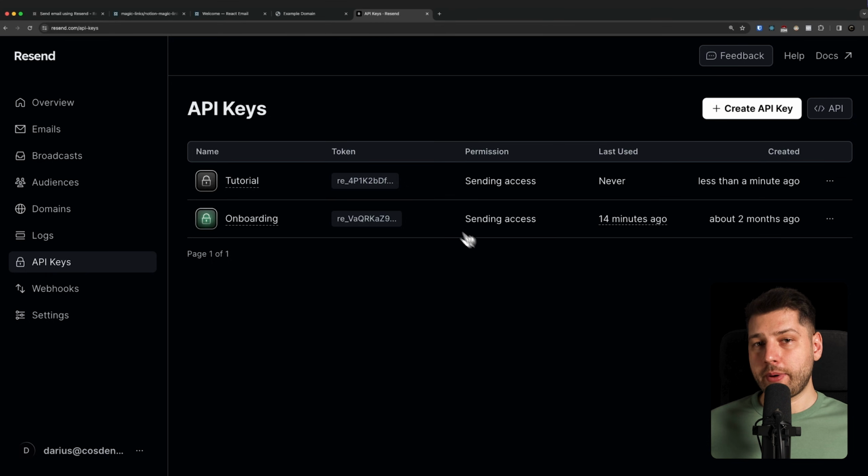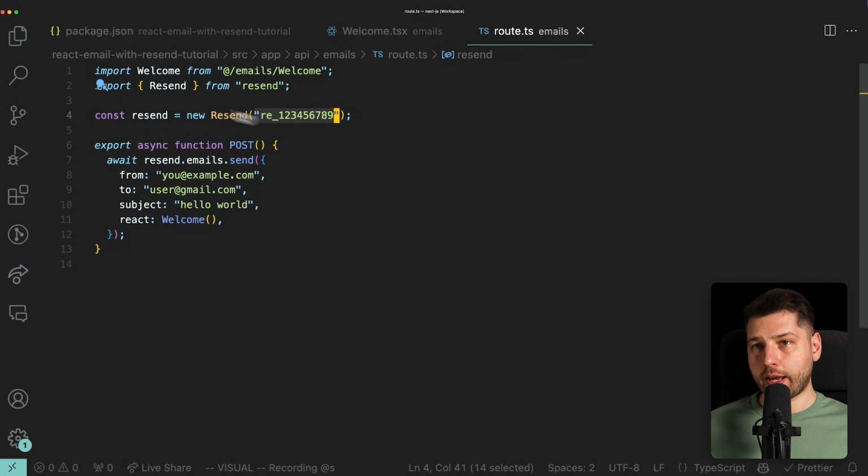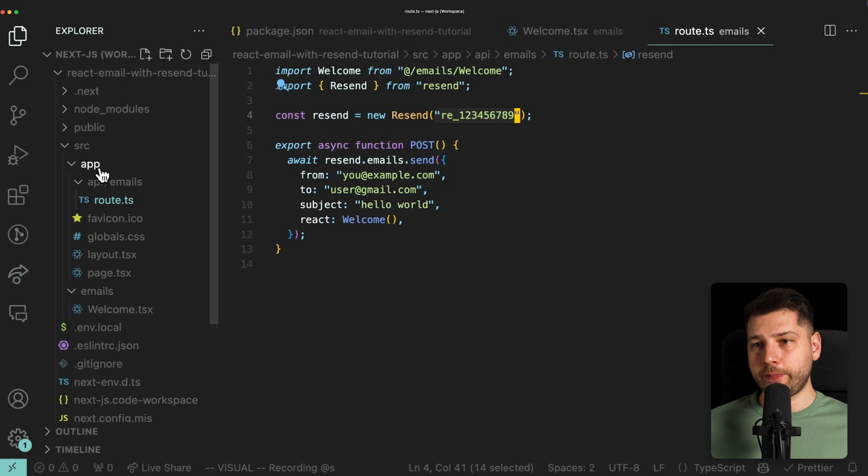Then once we have our API key copied, I'm going to go back here to the application, and I'm not going to paste it directly here inside of here because this is going to be a security vulnerability. You don't want to place API keys inside of your code directly and commit that to your repository. Instead, I'm going to come here, and inside of the root folder here, I'm going to make a new file,